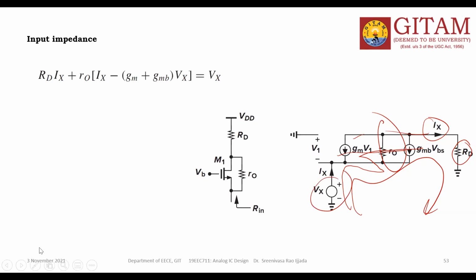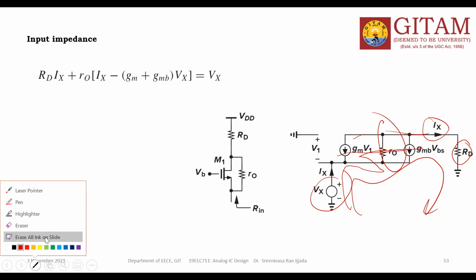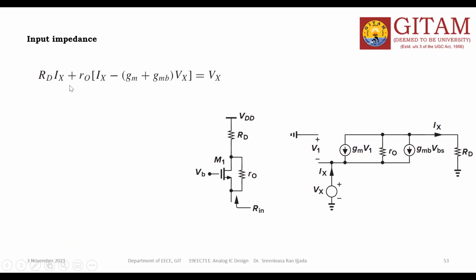Got my point? So now Ix is the input current. Ix is the current due to the known voltage source, and Vx is the known voltage source. You applied it, which means you know the amount of voltage. And Ix is the current, which you can find by using the multimeter. The Ix and Vx both you know. The only thing I want to know is the resistance, how much impedance exists when I look into the input terminals.